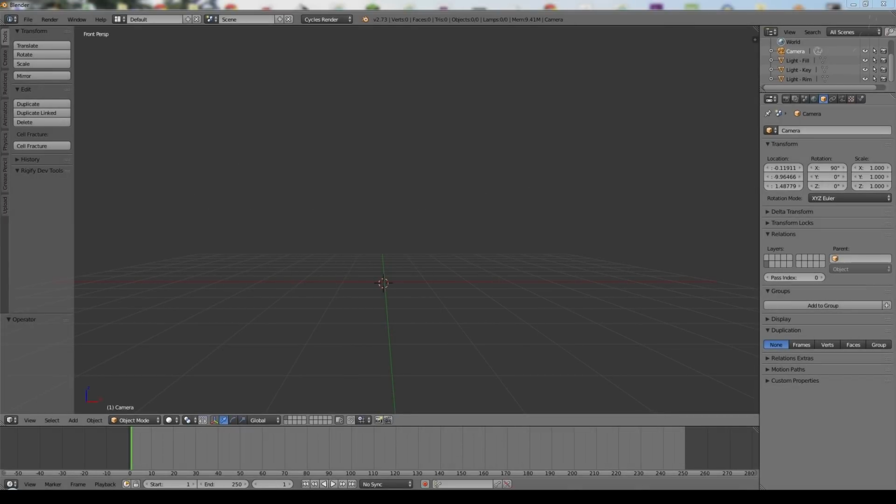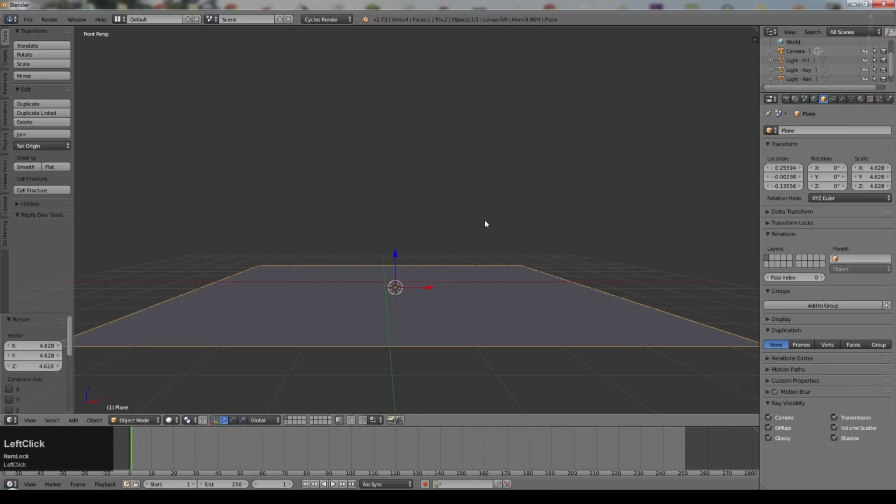Hi there. In this short tutorial I'm going to cover the variety of different types of lights that you can use in Blender. So to begin with, let's just make a basic scene so that we can see the effect of our lights. As normal, this is a tutorial specifically about Cycles. There are some differences with lights once you switch over to Blender Internal. So this one, to remind you, is about Cycles.